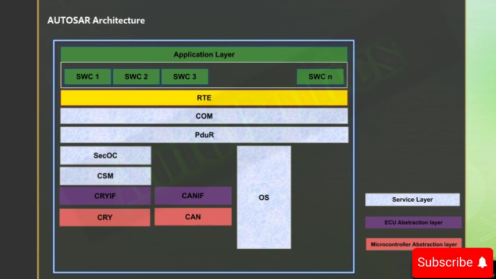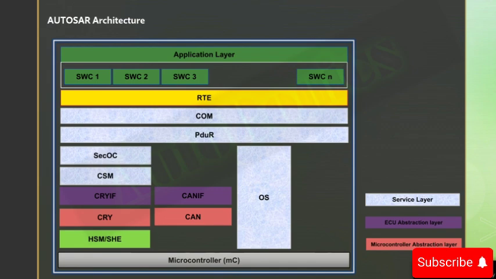Here you can see CRY, which is nothing but the crypto layer, which can be crypto hardware or crypto software also. And if you see the CAN stack, CAN is nothing but the MCAL abstraction layer. And then the HSM or the SHE, which is the security module which performs the cryptographic operations.